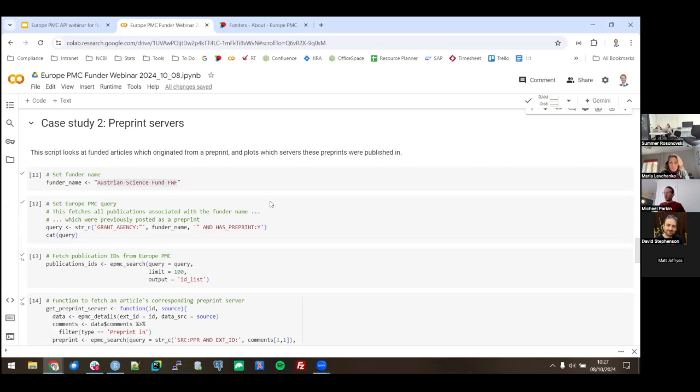Preprints are linked to journal publications when we can. We don't always have 100% accuracy because things like titles can change, authorship can change a little bit between the preprint and the journal article. But generally speaking, we can link preprints to journal publications. Preprints are becoming more of an issue in terms of funder policies and funder mandates. So you might want to know, for instance, in this particular case, which preprint servers researchers you fund are making